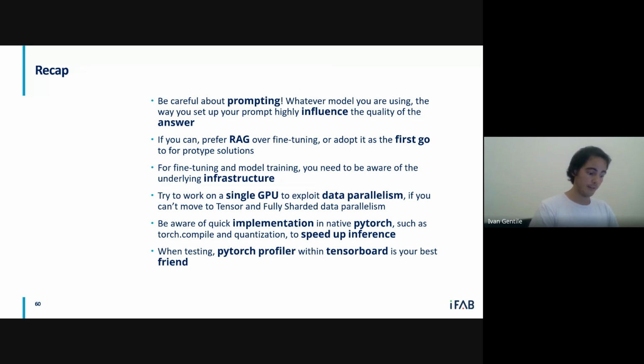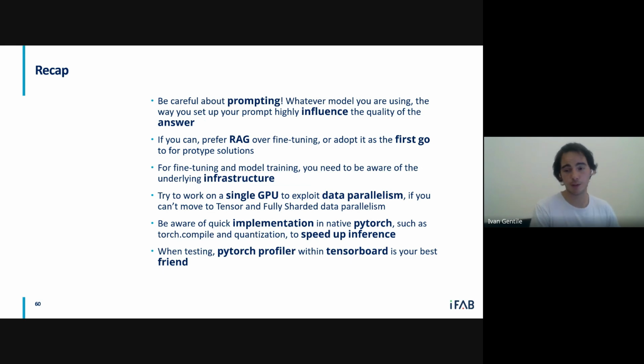If you then need another performance boost for whatever reason, I would suggest you prefer RAG over fine-tuning, and have it as the first go for your prototype solutions. If you still need some improvement because RAG itself is not sufficient, then it's proper to try some fine-tuning.